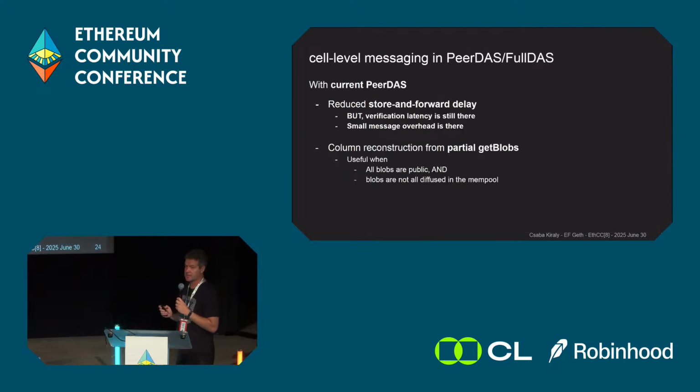Cell-level messaging is there because it has a bunch of advantages. And here the picture is a bit complex, because depending on where we introduce cell-level messaging, as part of the current PDDoS design, or adding also other things, it has different advantages. But let me start with this first one. If we introduce it as part of the current PDDoS design, then we are getting basically reduced forward delay, because we are not sending entire columns, but we are sending individual cells. These are already proven, they have their KZG commitments, so we can actually do it.